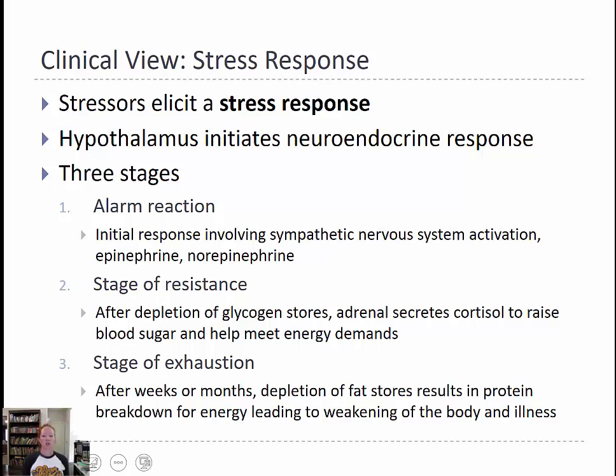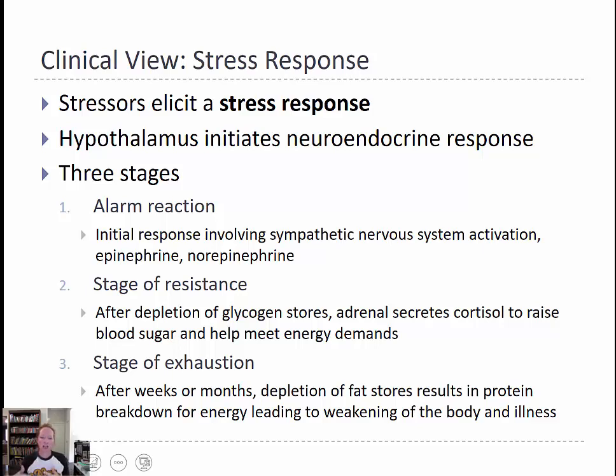So that's going to be where the cortisol is going to kick in. That's remember another stress hormone that you're going to have. Cortisol goes in and it's going to raise blood sugar levels. Remember, here's grandma coming in, making sure that you are getting plenty of food for whenever you are stressed. So it's making sure that your body can deal with this stress for long term, making sure that you have plenty of food for your cells so your body can live for quite a while after that. It needs to make sure that your body has enough sugar to meet your energy demands.